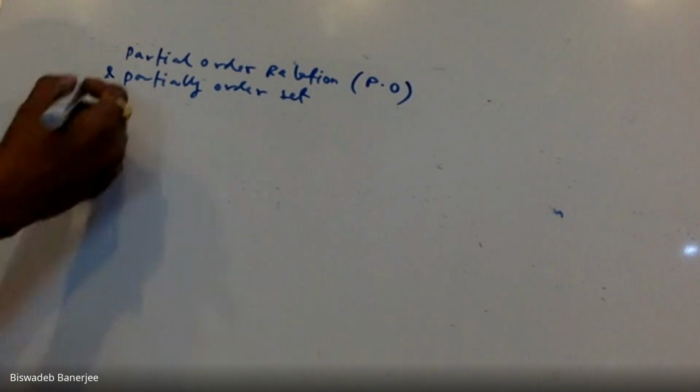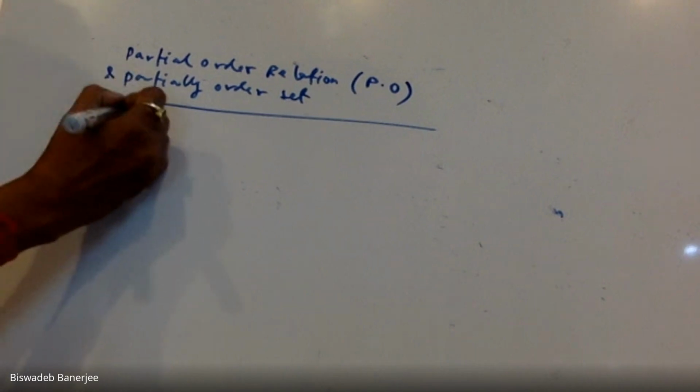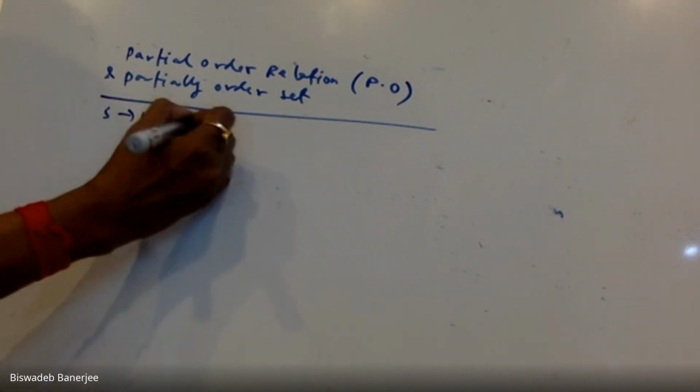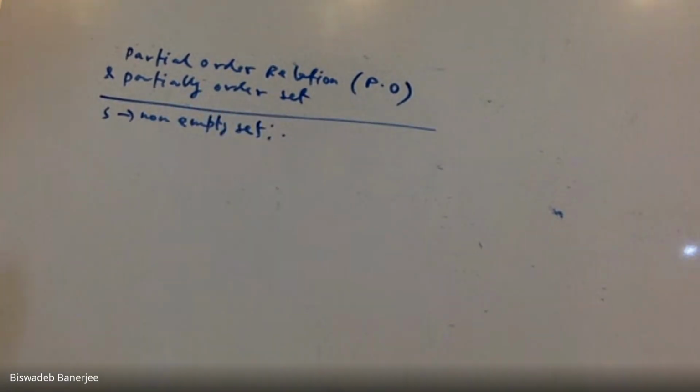See that, it is not a new concept. We have done it. What is the meaning of partial ordered relation? I again repeat, it is not a new thing. We have done all these things. Suppose S is a non-empty set. It is a non-empty set, yes. And suppose